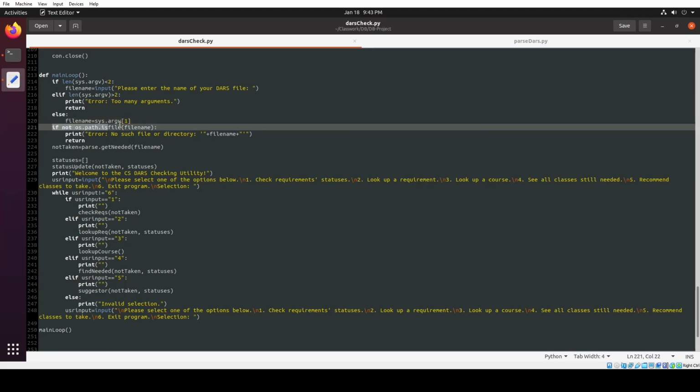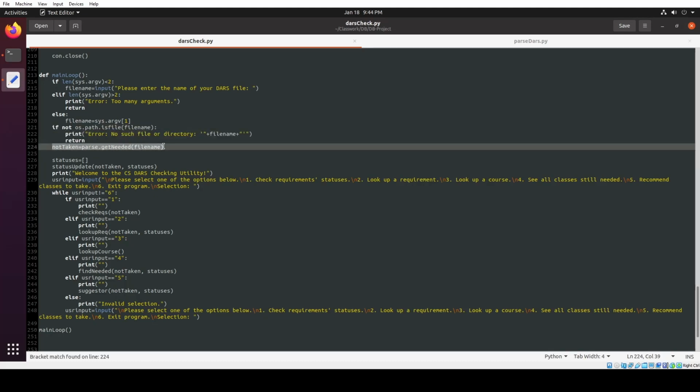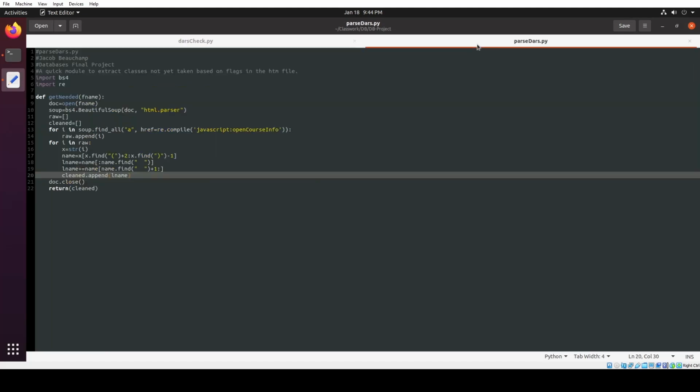We have to check using the os.path.isFile function on that file name to make sure that it's an actual valid file that we can open. And if all of that passes and we don't error out, then we can actually get to using that. And so we'll pass that into the getNeeded function in the parse DARS library, which, as we can see here, it takes a file name,